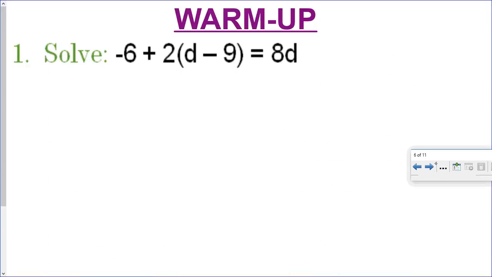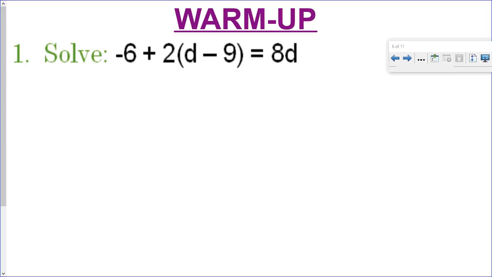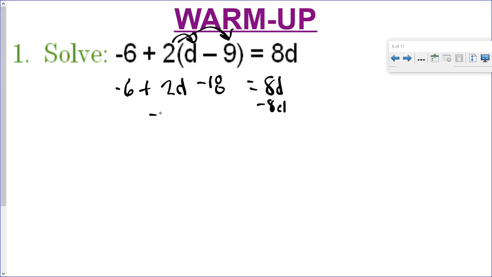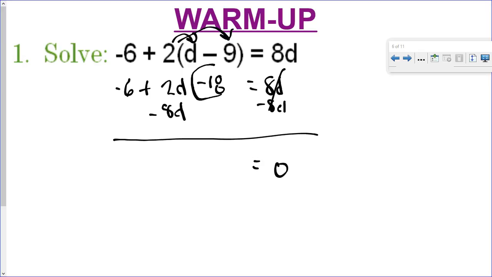So now for our next set of notes, there are some warm-ups here, and I'm going to work through these. I'm going to distribute the t into each one of these terms, -8, -6, and that equals 8t. I don't really want it to end up like this. I want to make it equal 0. So this is going to be 0 at the end. I also am going to combine like terms here, so I end up with